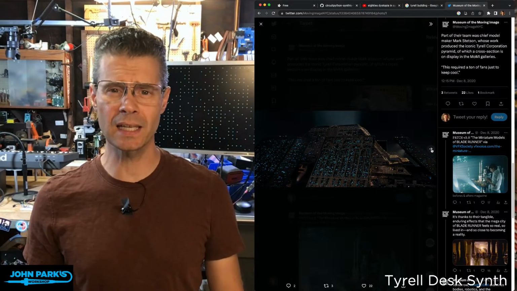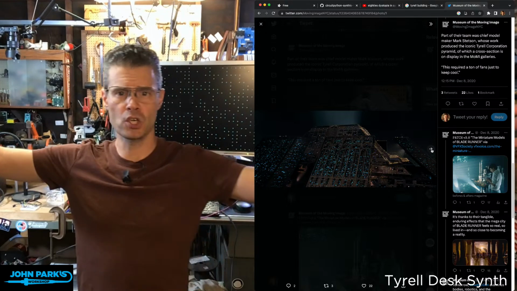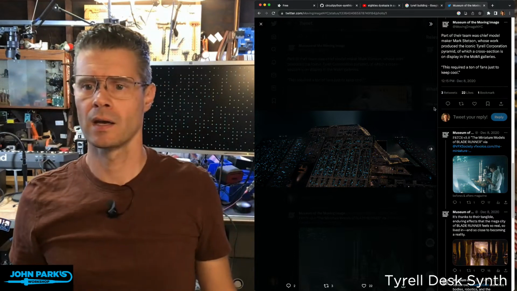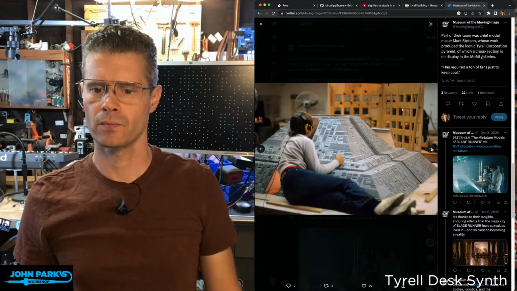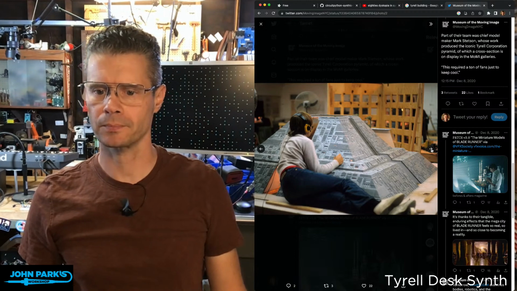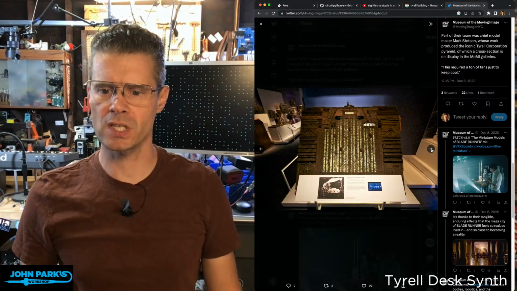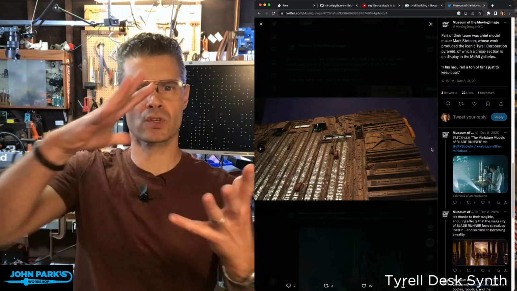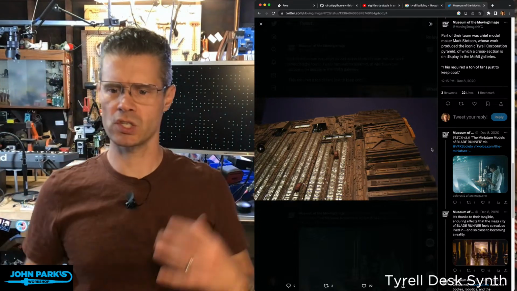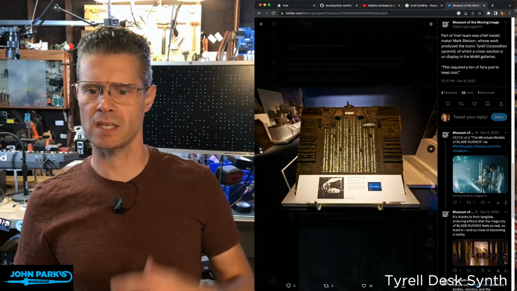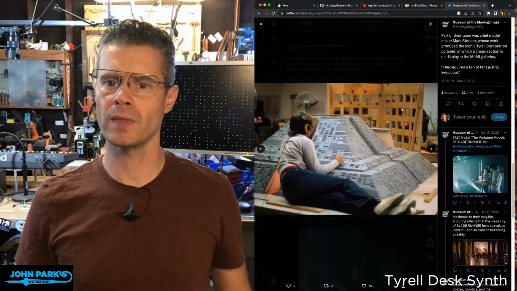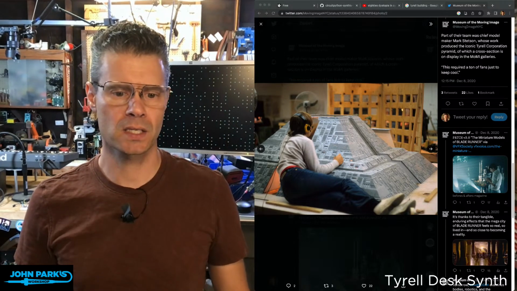In fact, this is an image from the model that was built by the model shop. These are some nice images to give you an idea of it. This is practically lit using fiber optics. Huge. I don't know how high it stands, maybe 4 feet off of the deck of the table it was built on. You can see one of the modelers working on it. And it's this beautiful design by Syd Mead that was meant to show sort of the layers of time. So initially it's just this sort of pyramid shape, and then it adds these extra 8 towers around the front, and this is just this enormous, enormous building. And it's kind of an iconic sci-fi piece of architecture.